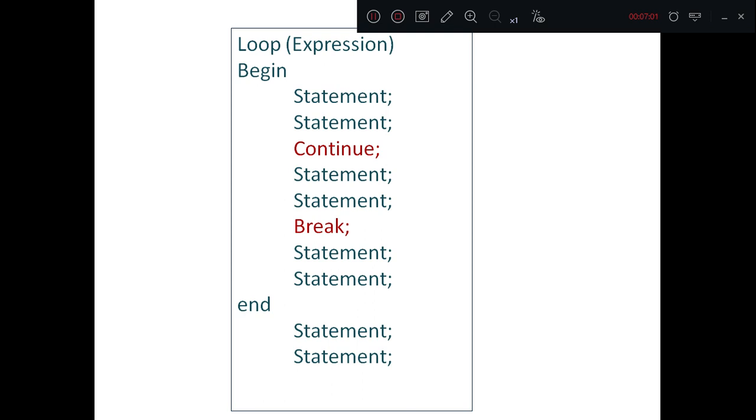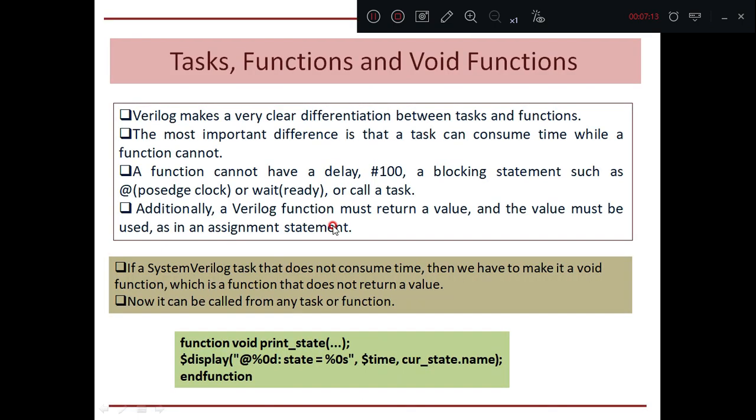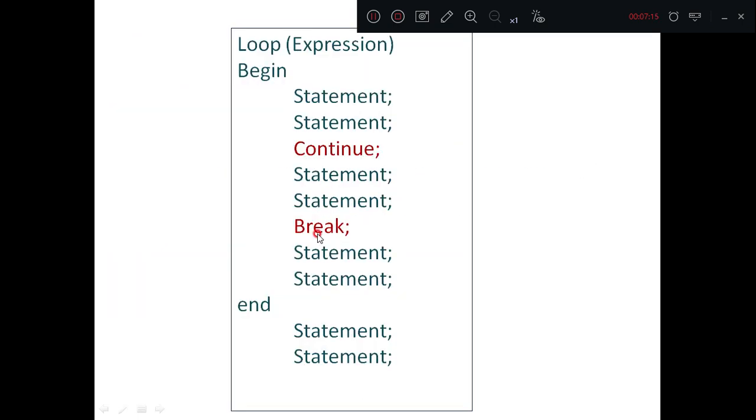Look here. It is a general structure of the continue and the break. We have the loop expression begin, statement, then we have the continue, then statement, break, statement, and again we have some statement.